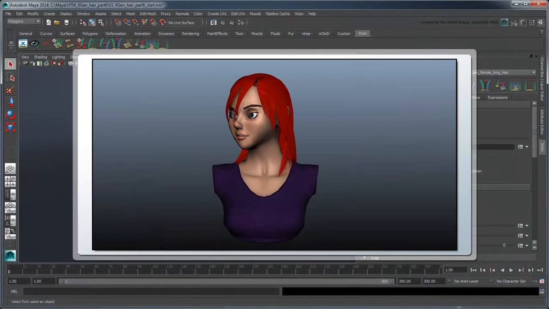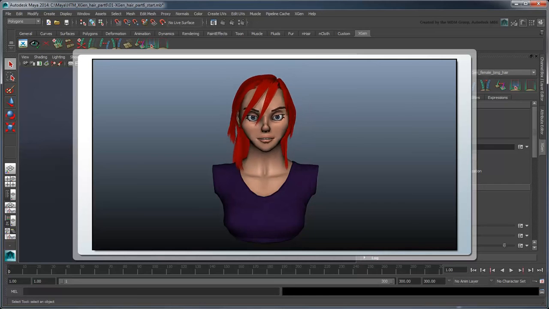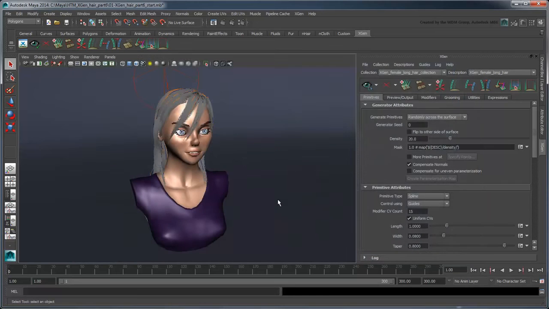In the previous movie, we animated our character's XGen hair using an anim-wire modifier in tandem with end dynamics. In this movie, we'll show you some techniques to shade and render it using the Mental Ray renderer. Make sure you set your project folder to the provided scene folder, then open the file XGen hair part 6